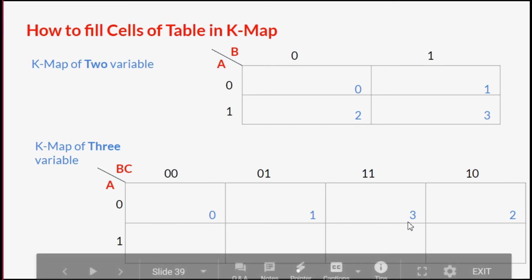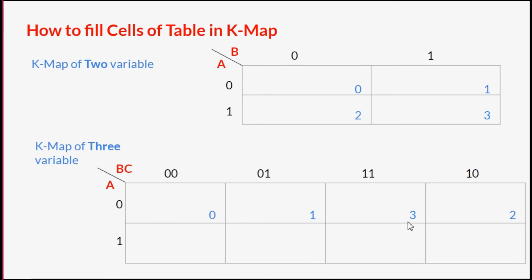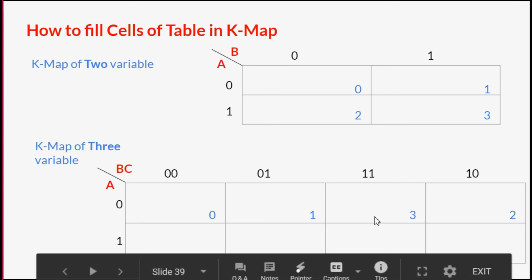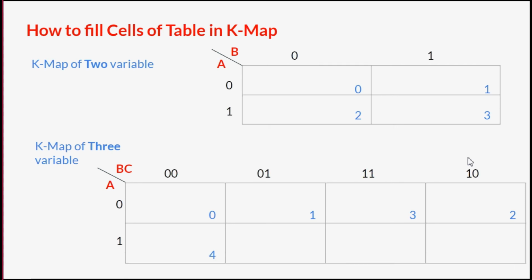Okay, now I have already told you how many cells, how many combinations there could be, ranging from 0 till 7 if there are 3 variables. So I have written 0, 1, 2, 3. The next term is if your A is 1 but BC is 0, so it is representing 4. Next, if your A is 1 and B, C is 0, 1, this term is 5. Next, if A is 1 and BC is 1, 0, that is representing 6. And if all are 1, that is representing 7. So this is how the possible combinations are there.